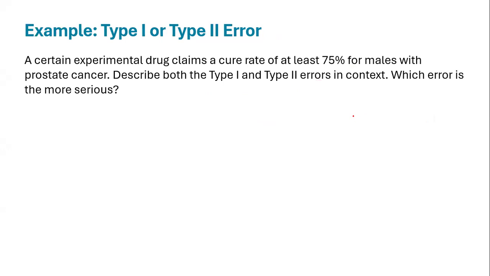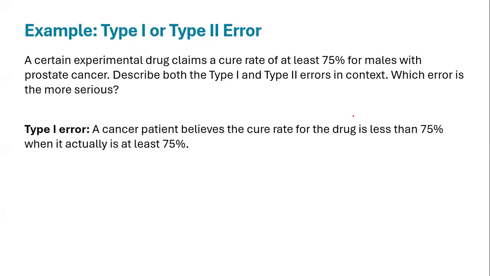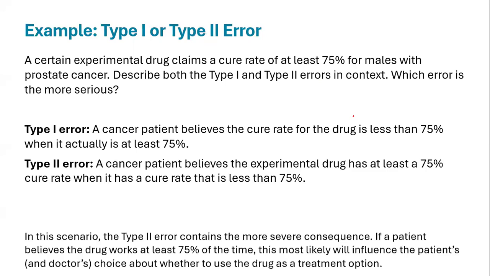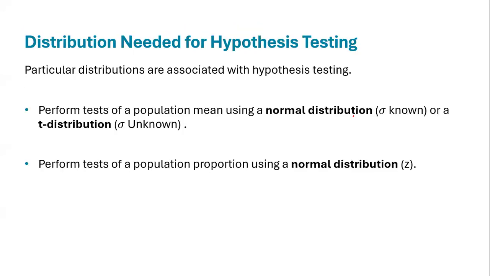Or let's look at this example. It says a certain experimental drug claims a cure rate of at least 75%. Oh, that's the same. Okay. Now,